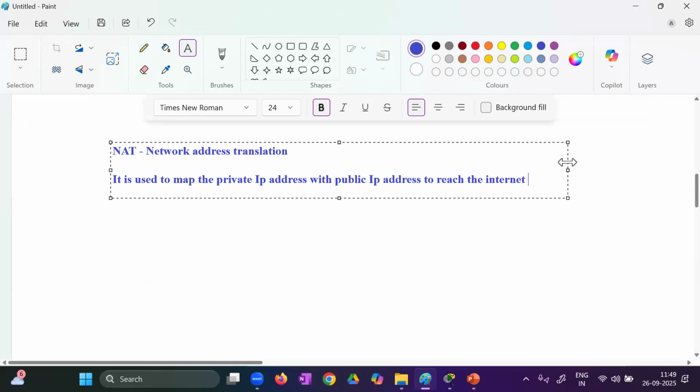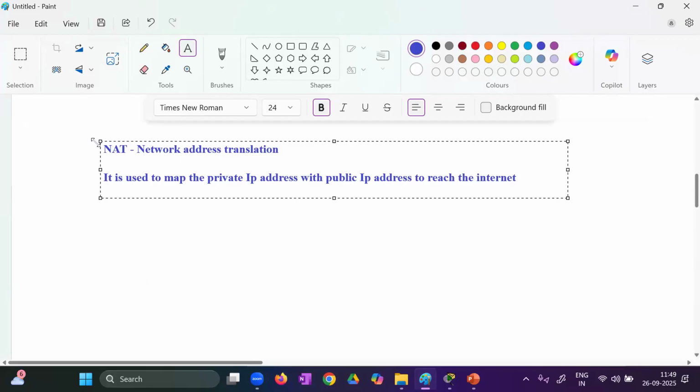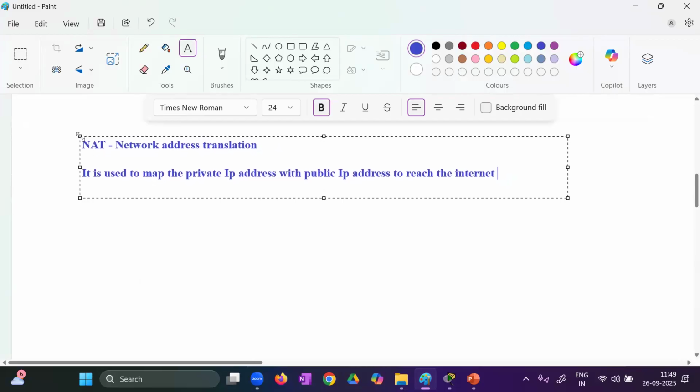Or we can say it is used to translate the private IP into the public IP to